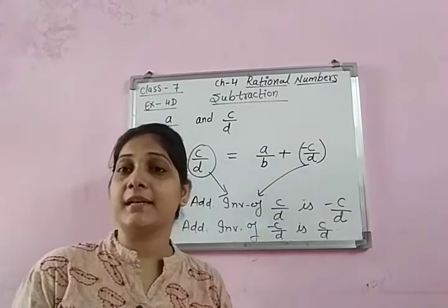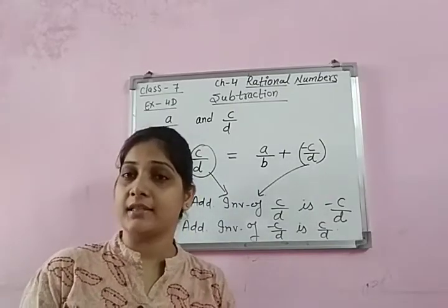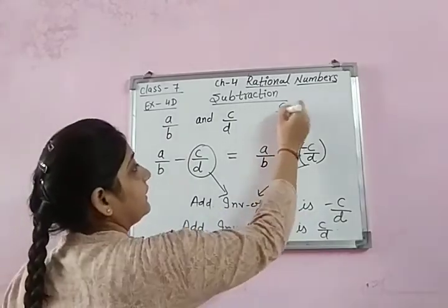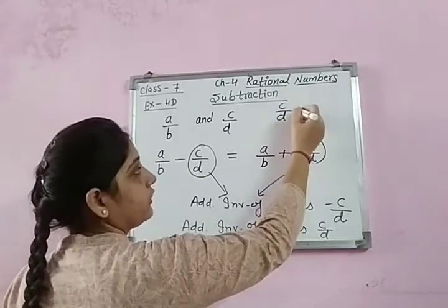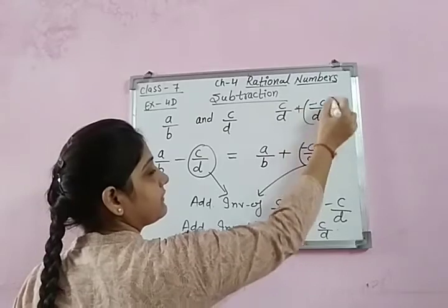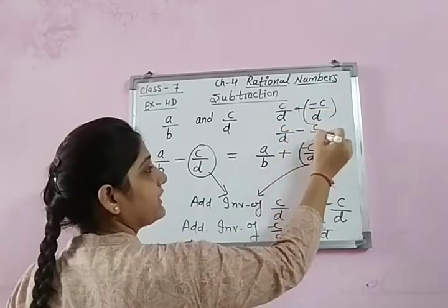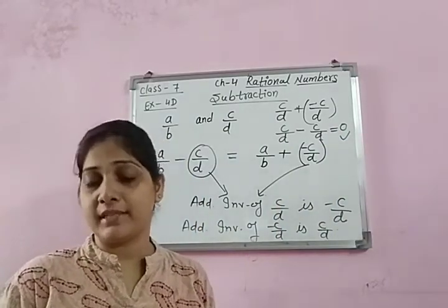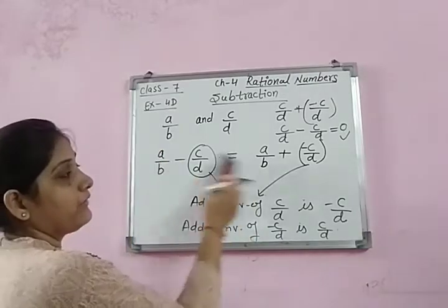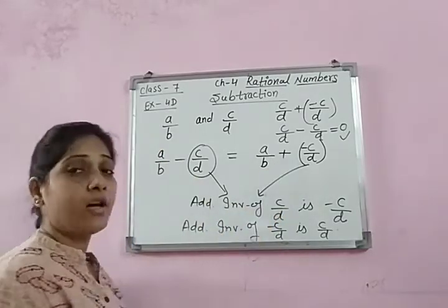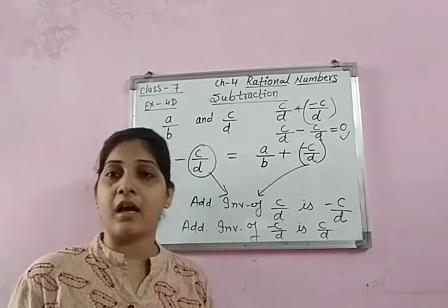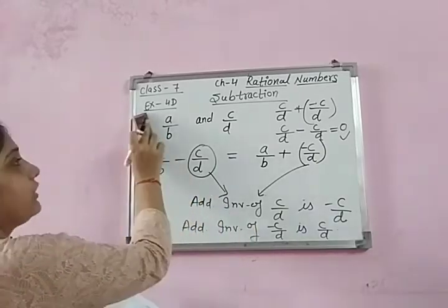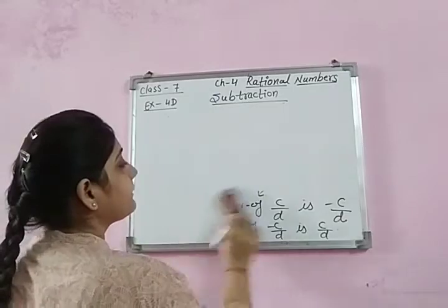Additive inverse is that number which, when added to the given number, gives us the answer 0. Because when you add c upon d and minus c upon d, let's see, if I add these two, what do I get? Plus minus becomes minus, so c upon d minus c upon d gives us 0, and 0 is called the additive identity. I hope this topic is clear to everyone. So this is one of the ways by which we can do it, because we have learned addition, or in the simple way also you can do it, because everyone knows how to open the bracket. So we will follow that rule. Let's see, when we do some of the questions, it becomes more clear to us.